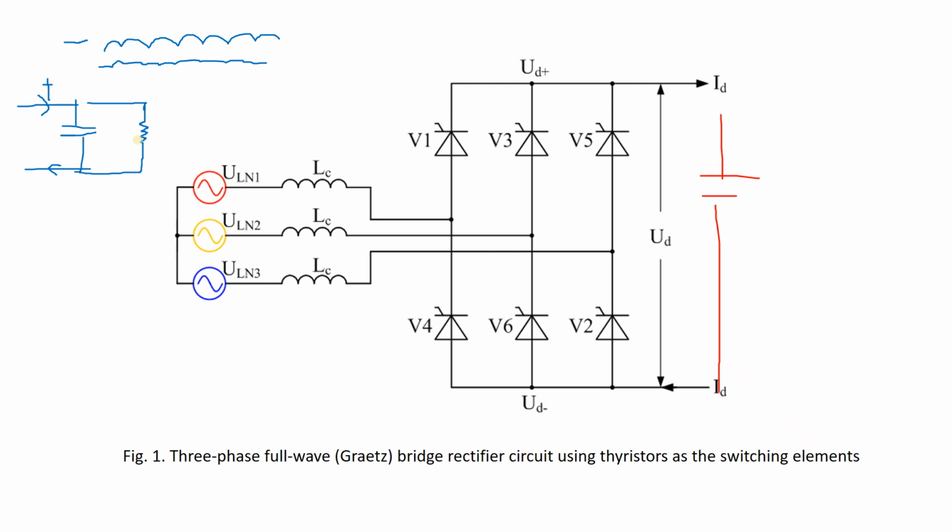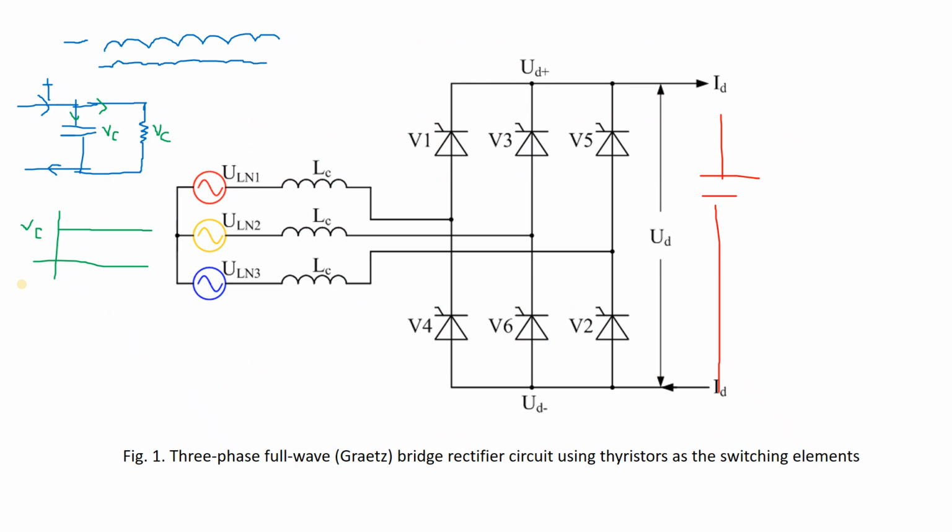When the DC is rectified and at the output we have a resistance, suppose, which is collecting the DC power. We know that the capacitor stores charge, so first the capacitor will store charge and then it will discharge. The capacitor voltage is Vc and the resistance is connected in parallel, so the resistance voltage will also be Vc. After discharging, the capacitor will give a smooth line like this, which is equal to Vc.